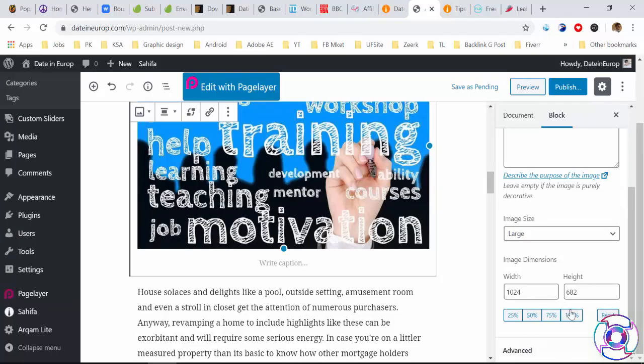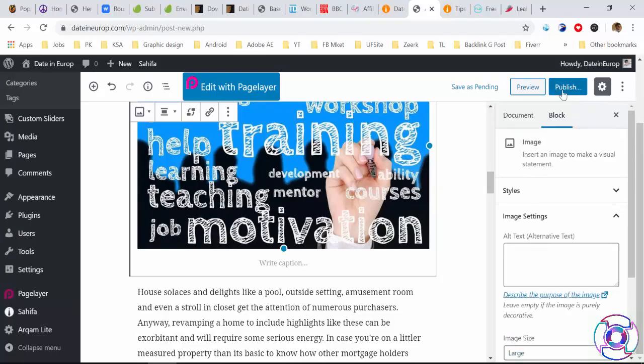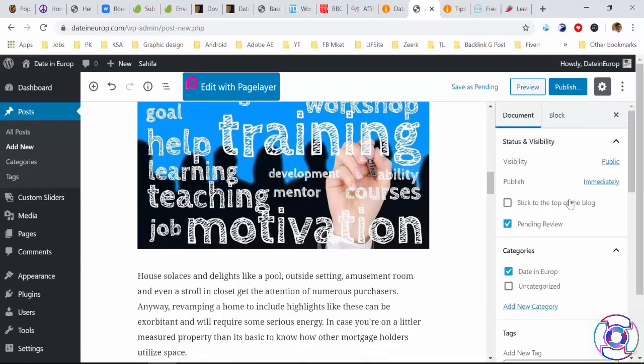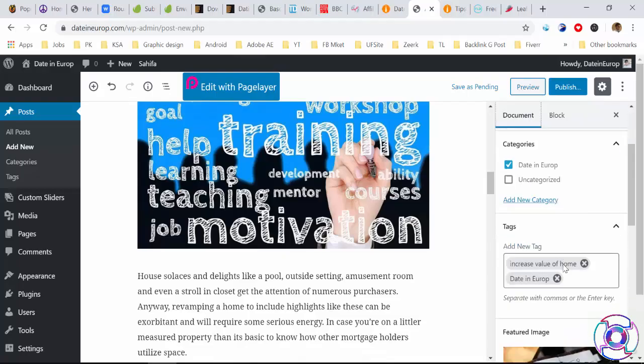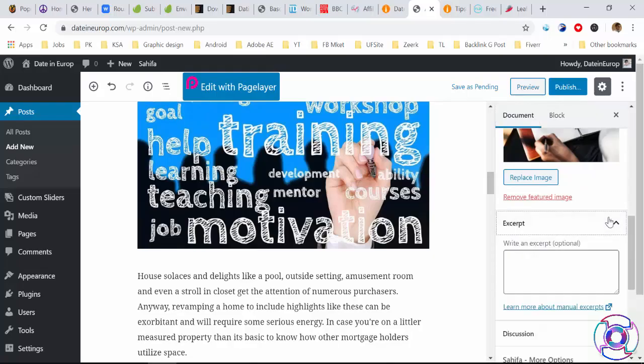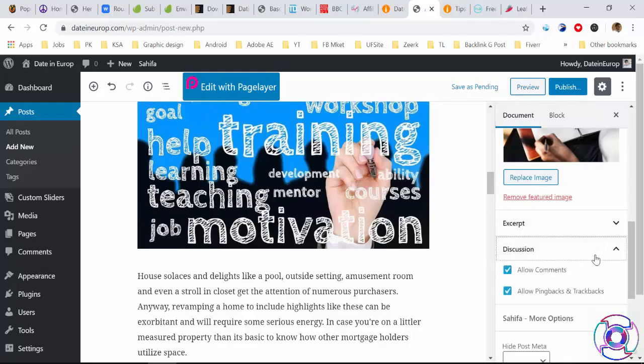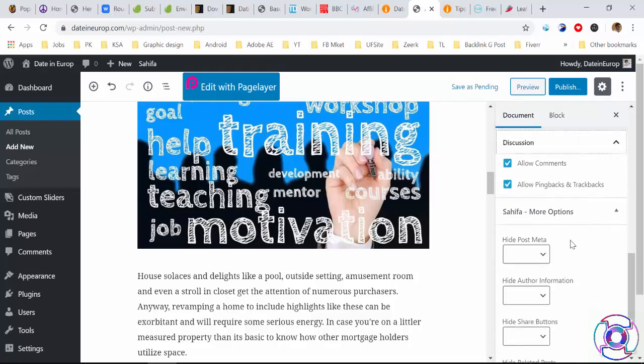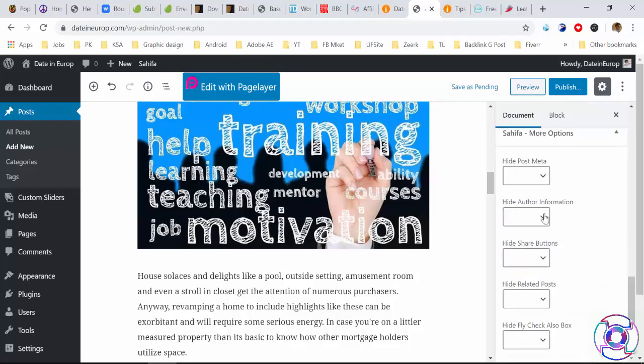So this is a post for pending review, and other options are here, discussion, allow comment, and if you don't want to allow comment you can click. And we have hide post meta, yes or no, hide author information, so I'm going to click here,